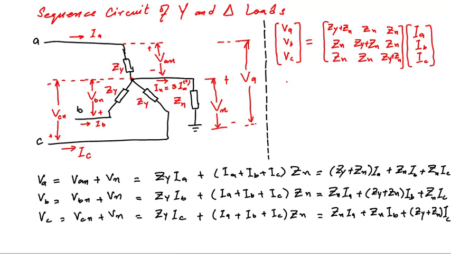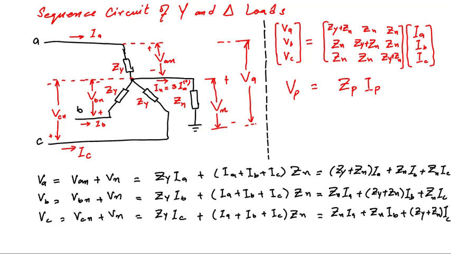So the phasor vector can be written as VP, P stands for phasor, equal to ZP, the phasor impedance matrix, into IP, the current phasor matrix. Now this matrix represents this circuit in phasor form, and when the currents and voltages become unbalanced, we want to resolve this circuit into its sequence equivalent circuit. So what does it mean? It means we want to represent the voltages and currents with their sequence components. Let's see what the coefficient matrix or impedance matrix is which relates sequence current with the sequence voltages.